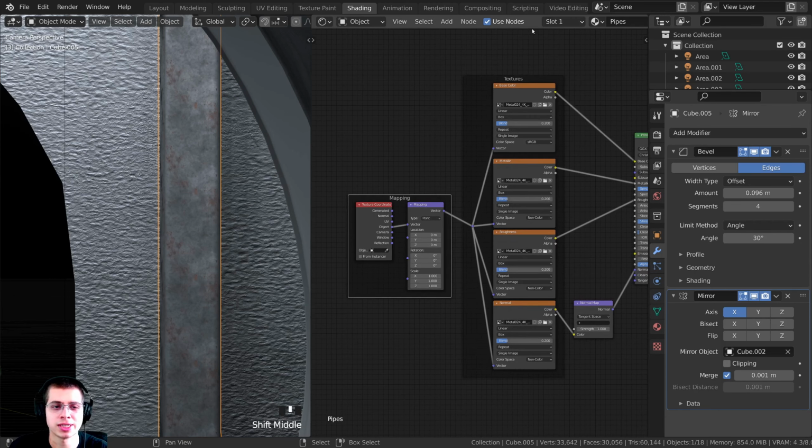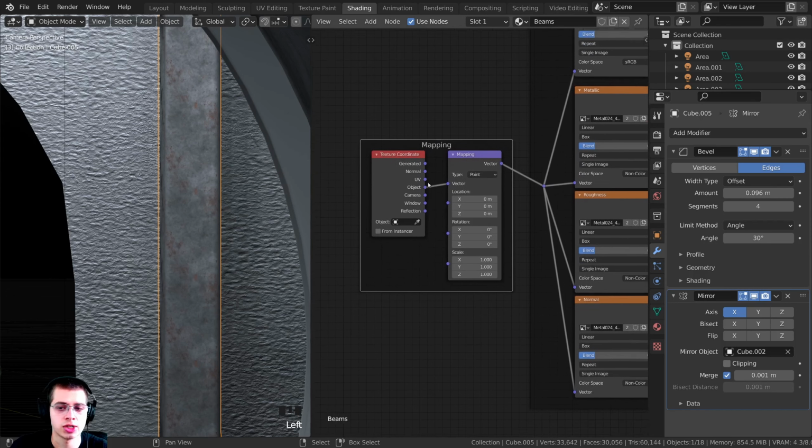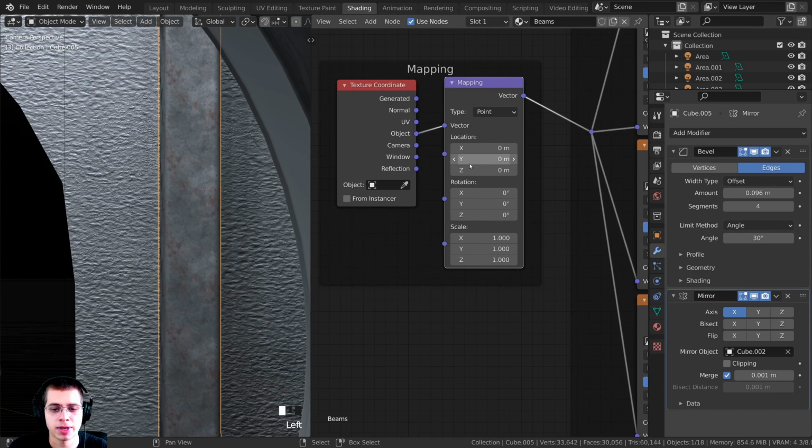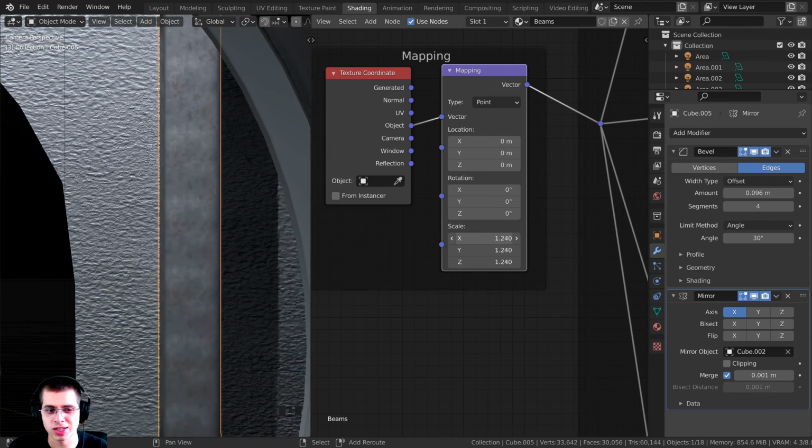So what I want to do is actually duplicate this material and then just change the scale of the texture. So right over here on the pipes, I'm going to click on this button right here, the little file icon, and that is going to duplicate the material but keep the same data. So now I can rename this to like beams, just like that. So now I can change the mapping. So to change the mapping, I'm going to click on this scale, and then I'm going to drag down, and then I can drag left and right, and that is going to change the